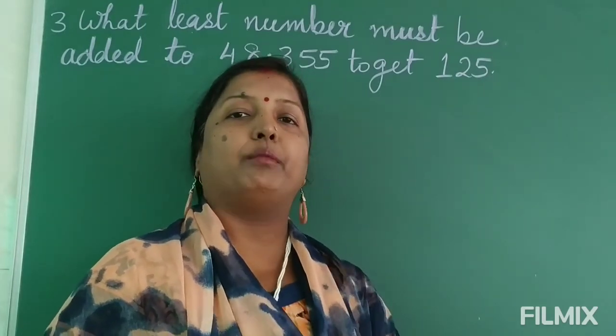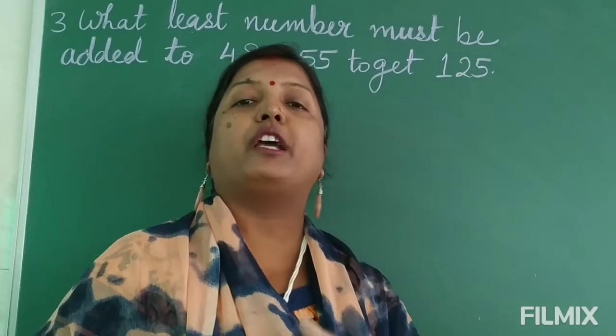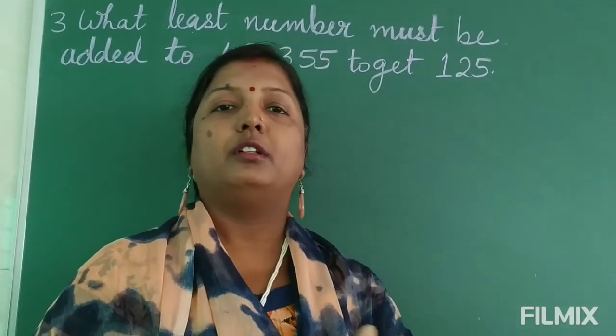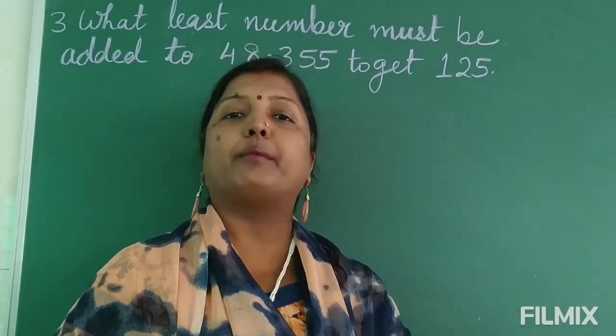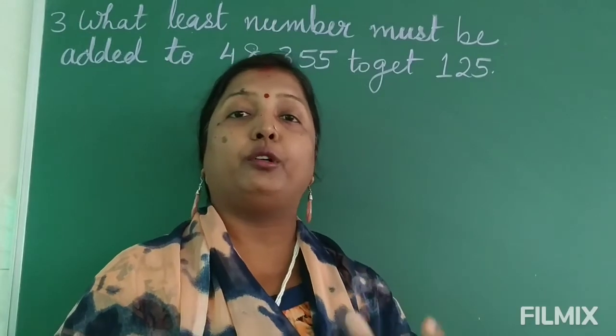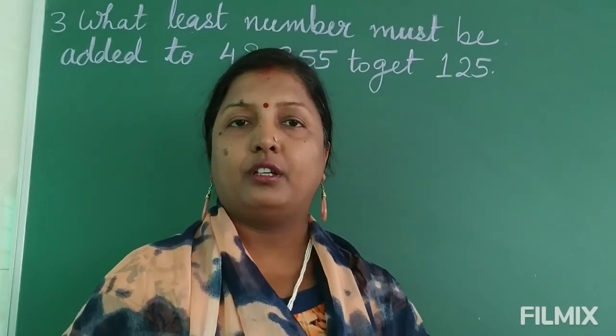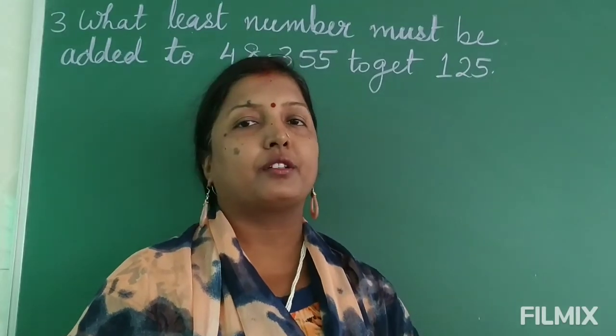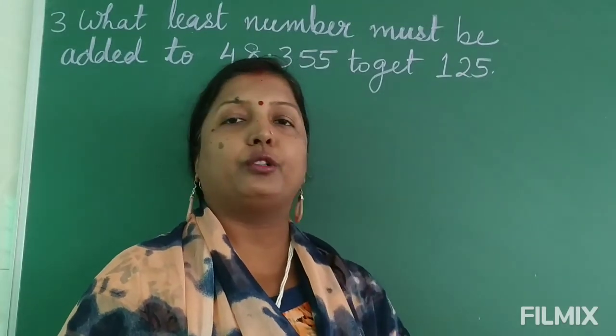So what least number should be added to, say, 20 to get 28? 8. So answers are coming out spontaneous because 20, 8 and 28 you are able to calculate very fast. So that oral calculation came to you because of the practice. So here also if you practice more, you can understand it.